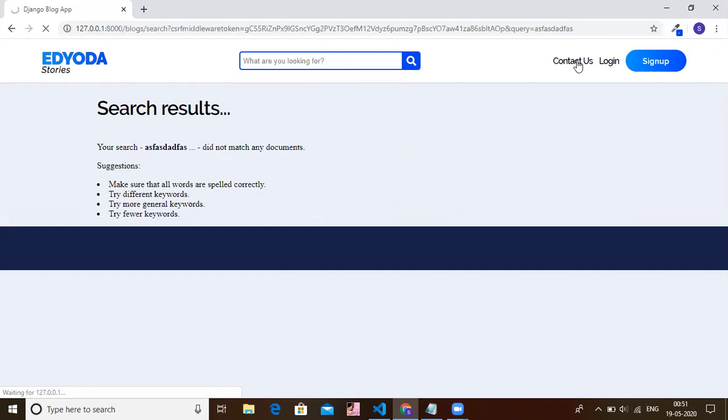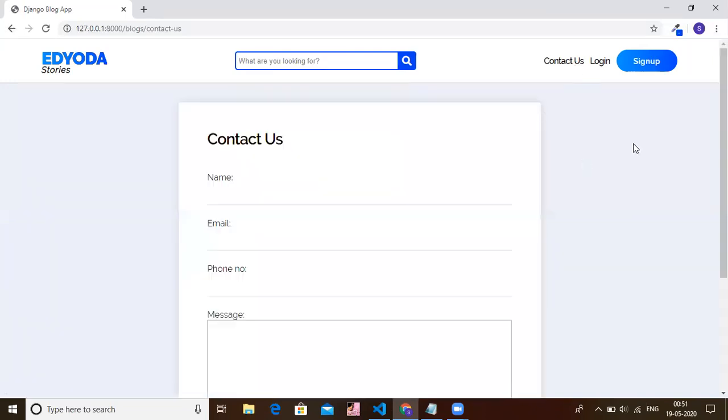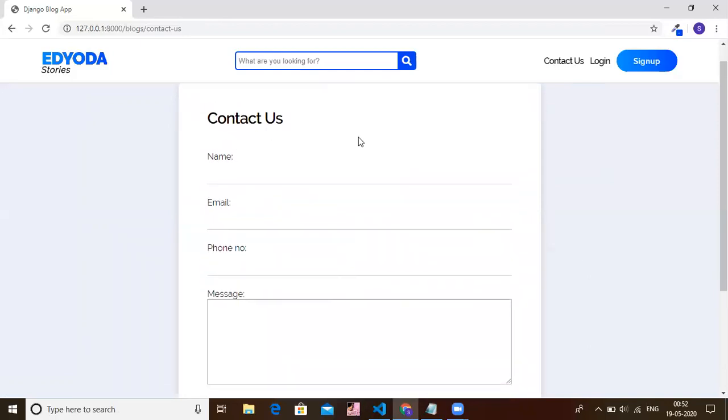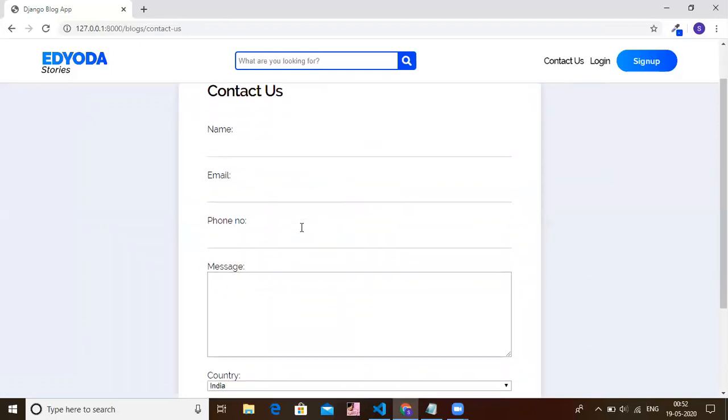Apart from all these things, we are giving this user access to this contact us page. On this page, we are rendering a form that is created using Django. This form will handle all the front-end validations that come with a basic HTML form, and along with that, it will also handle some custom validations that we are writing in our program. In the case of this form, we are saying that at least one of these fields should be filled. Let me quickly fill this form and show you how it will work.